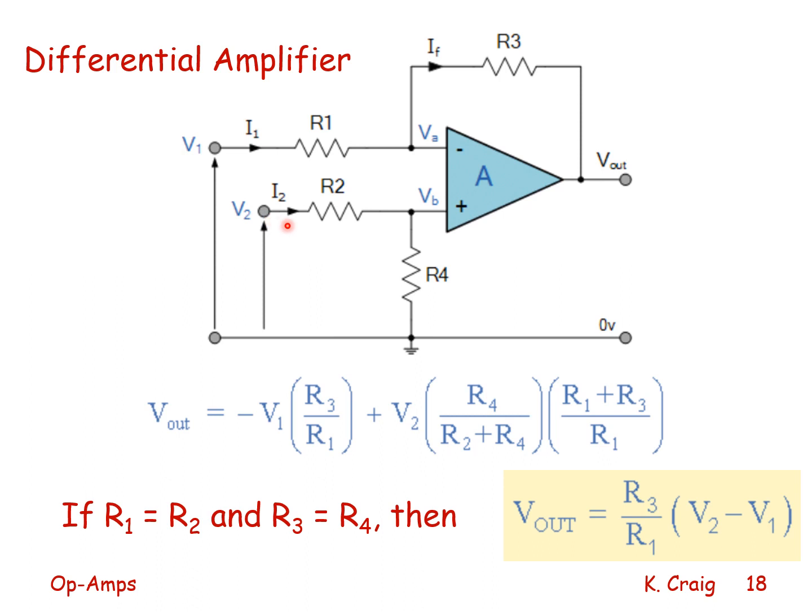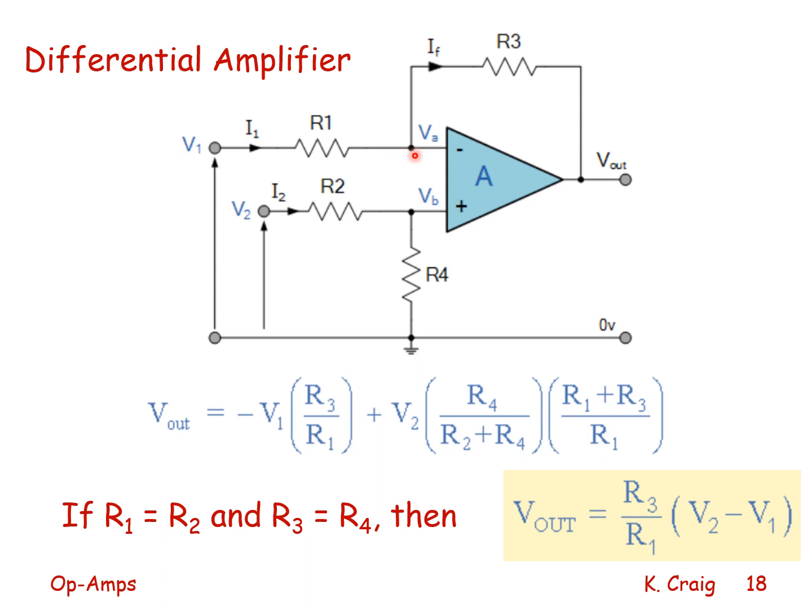V2 is connected through the resistor R2 to the non-inverting input, and the non-inverting input is connected to ground through resistor R4. Applying the ideal op amp golden rules, we see that the current flowing through R1,